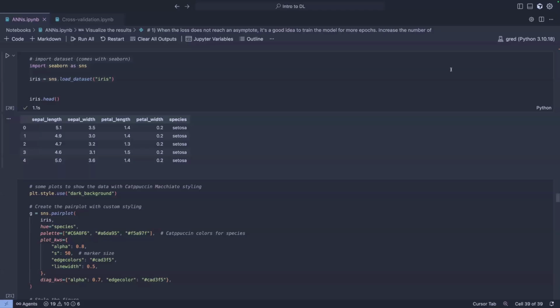Okay, thank you. So the iris data set is basically a data frame where you have four different features. These are the sepal length, width, and the petal length and width. And then you have a label, which is the species. So these are different flower species, three actually, and every one has four different features.